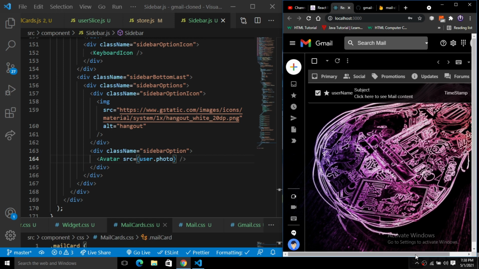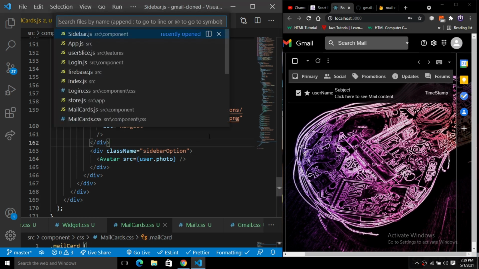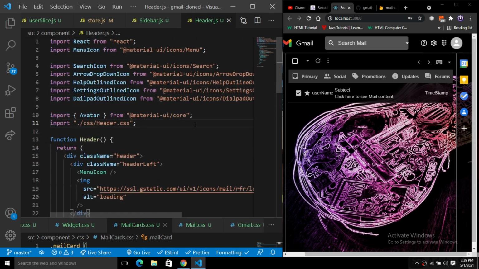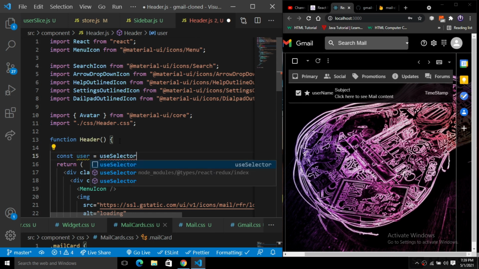Now I wish to add this also in the header section. So let's go to the header.js. Inside of this header.js you simply do the same thing. Let's create a user state: const user equals useSelector, literally we will use this user anywhere inside our project.